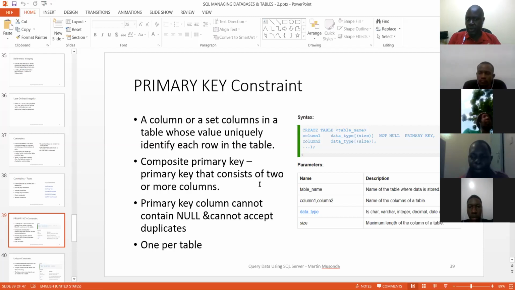The 3 of them will constitute a primary key, meaning that the set of values for each row in these columns should not be repeated for any row,